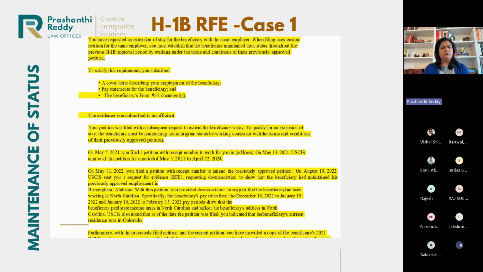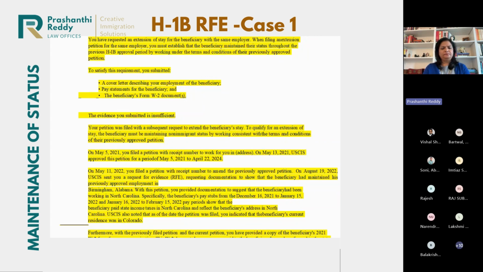It says your petition was filed with a subsequent request to extend the beneficiary's stay. To qualify for an extension, the beneficiary must show that they're maintaining status. And then they talk about how the previous petition was filed on May 5th, 2021. And they say on May 2022, you filed a petition with receipt number to amend the previously approved petition. And then in 2022, they sent an RFE. And then it states that,